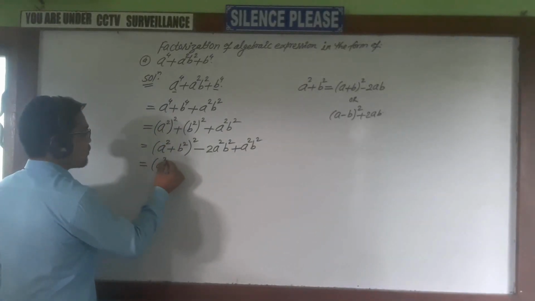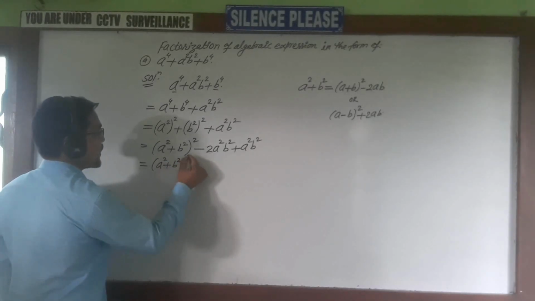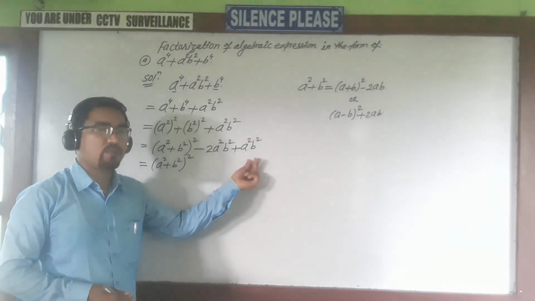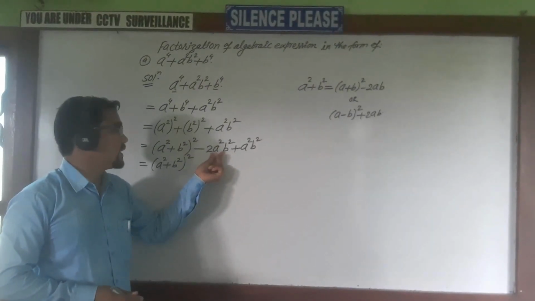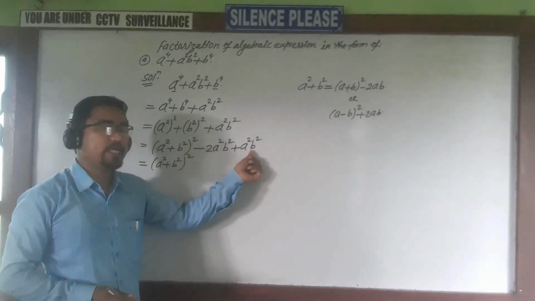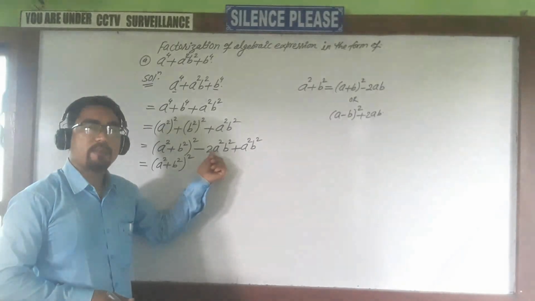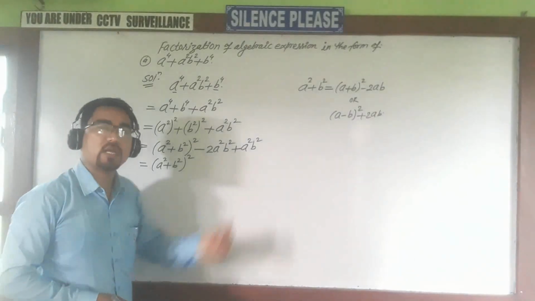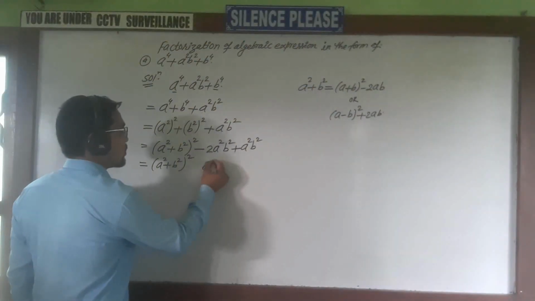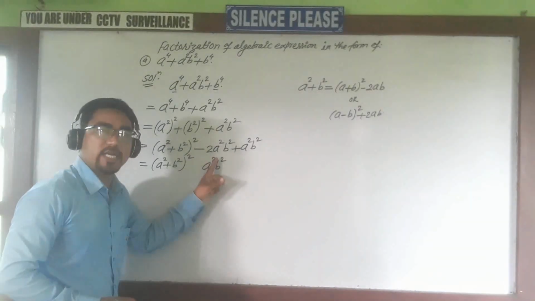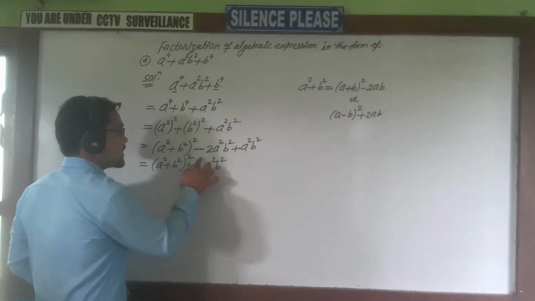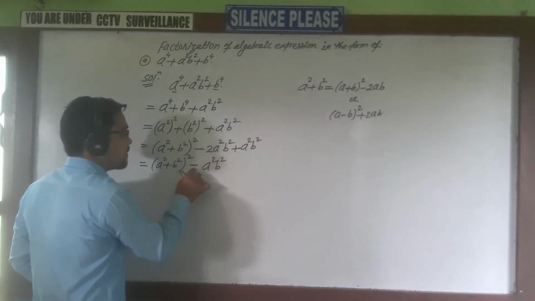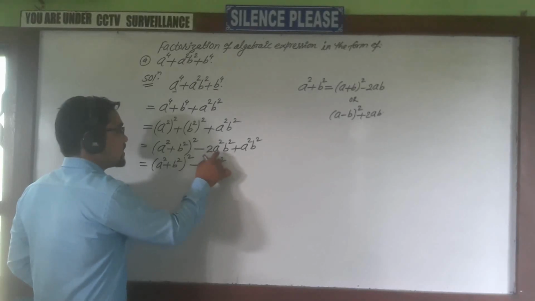This equals a square plus b square, this whole square we keep the same. And everybody, you know, these two are like terms here. We can add and we can subtract. There are 2a square b square, which is in minus sign, and a square b square, which is in plus sign. Everybody knows a plus and a minus we subtract. So 2a square b square minus 1a square b square. We write a square b square only, and since the 2 is greater, we write a minus sign. This is greater than this, so we have to write the sign of the greater number here.